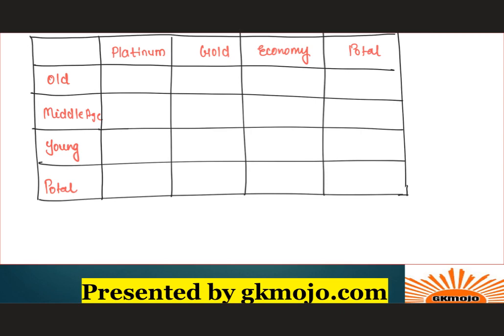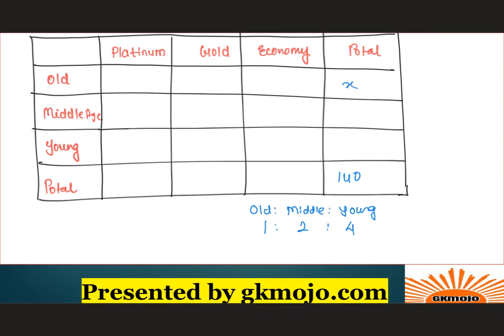So the first point, a total of 140 tickets were sold. So this 140 will come over here because this is the total of all the tickets that were sold. Second point is the number of middle-aged visitors was twice the number of old-age visitors, while the number of young visitors was twice the number of middle-aged visitors. So this is for the total. What they're saying is old to middle to young ratio is 1:2:4, right? Why? Because they have given the number of middle-aged visitors was twice the number of old-age visitors.